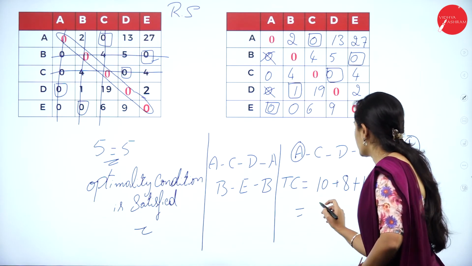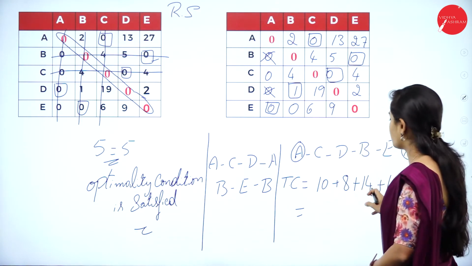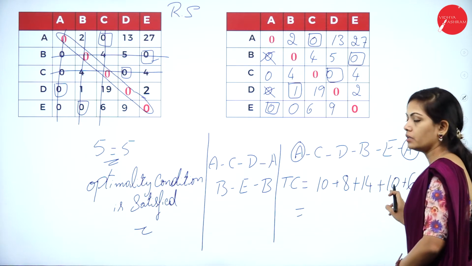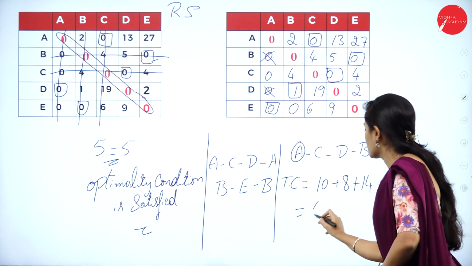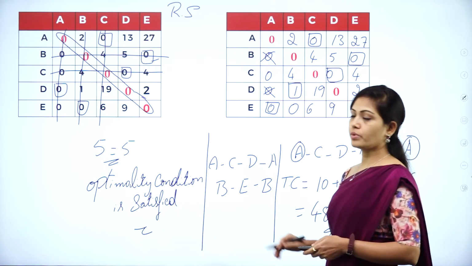So the total kilometers is 10 plus 8 is 18. 18 plus 14 is 32. 32 plus 10 is 42. 42 plus 6 is 48 kilometers. So this is one example for